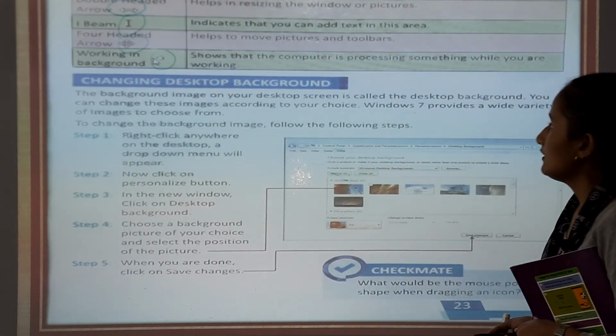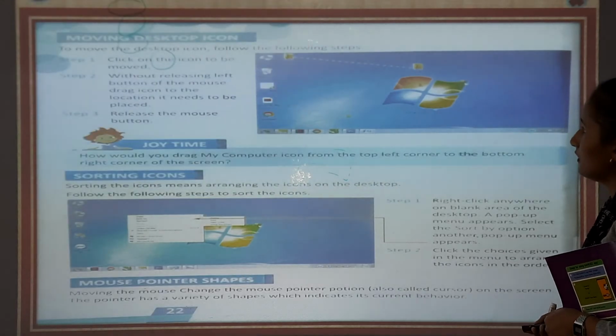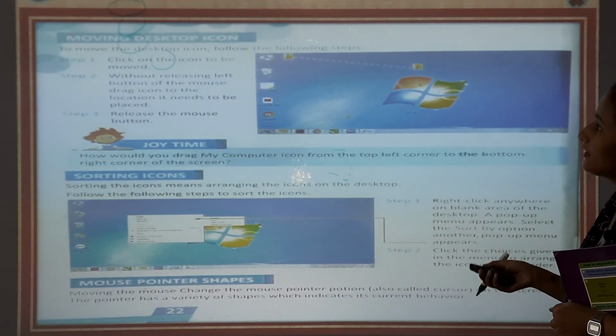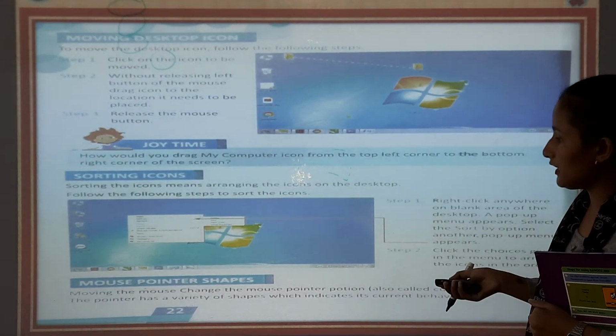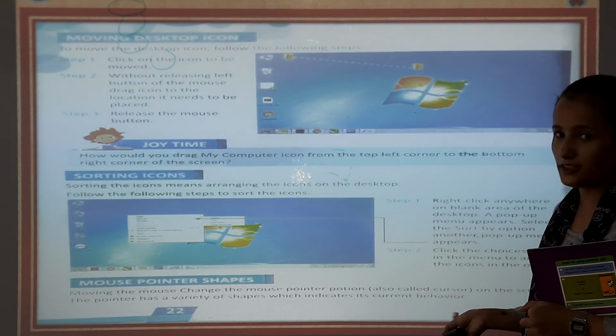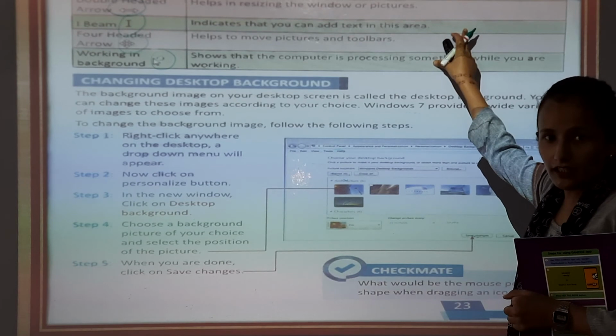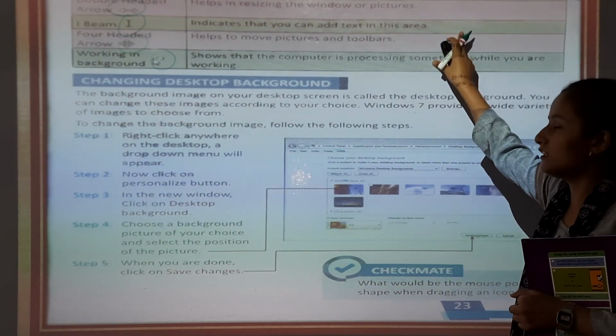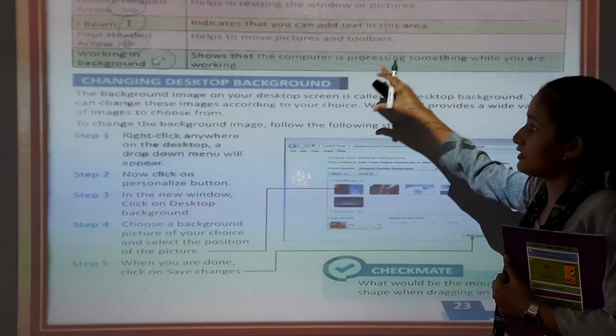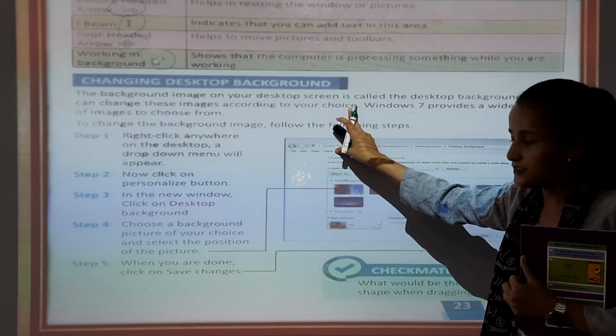Okay, so we have finished moving desktop icons, sorting icons, mouse pointer shapes, and the meanings of these pointer shapes. You can learn them in your book also. Changing the desktop background, I have told you.